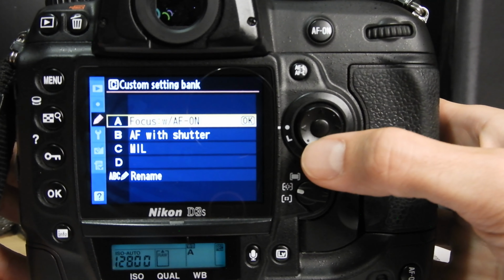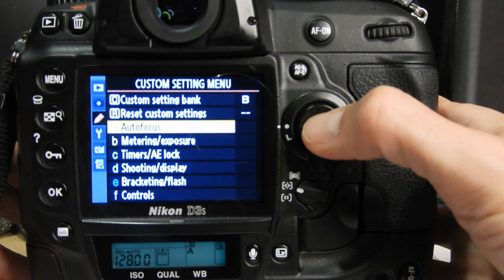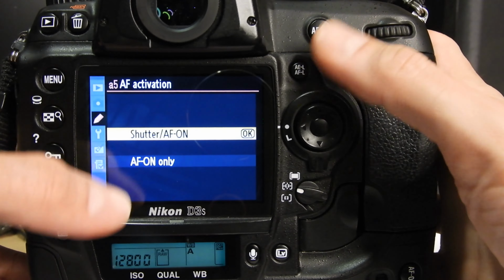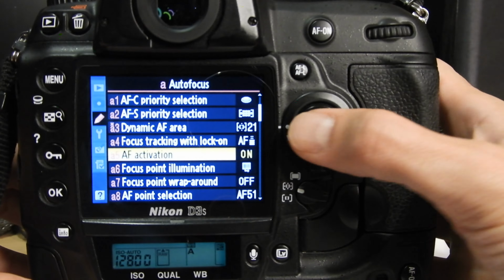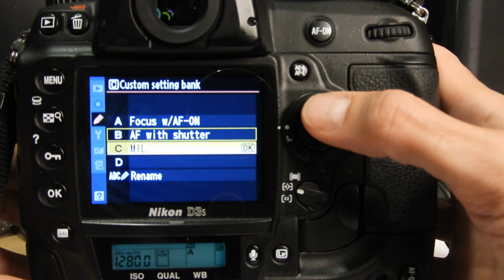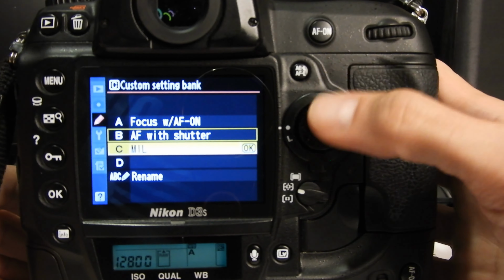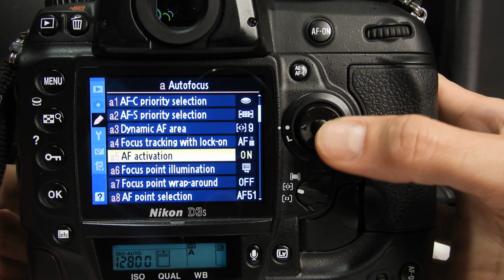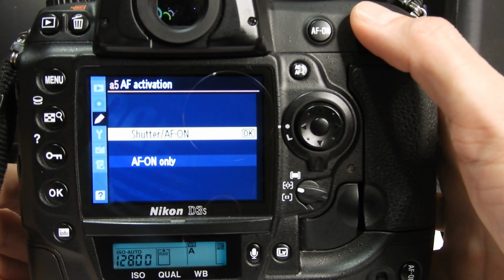And once again, B is AF with shutter. So I'm going to come here to activation. So now it's shutter and AF activation on the shutter release. And the last one I've named MIL for mother-in-law. So this is anybody. It's a bit of a joke, but any guest that's using your camera, do the same thing. So you're going to have it as shutter release and AF on,